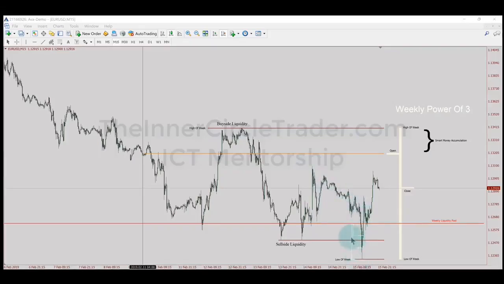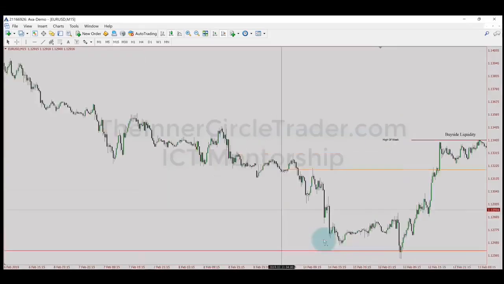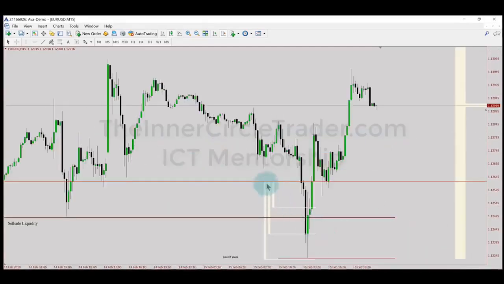Here's our 10, 20, and 30 pip grade swings below that weekly liquidity pool. So everything here, if we zoom in, 10 pip right here, 20 pip right here, 30 pip here. Just fell short of it. It's like 29 pips or whatever it was. Didn't quite get down to 30. But it gives you a nice rule-based idea every time we look for a run on liquidity.